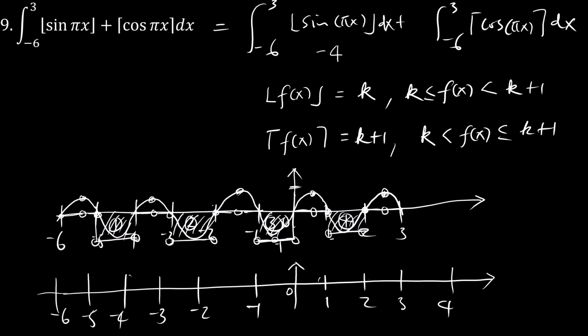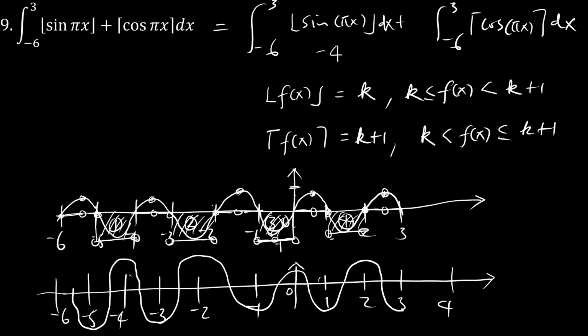And so for cosine pi x, it's +1 here, and then it drops, it becomes -1 there, goes +1 there, something like that. Then 0, -1, +1, -1, +1, -1, like that. So since we're looking at the roof, and this is what we're going to use,